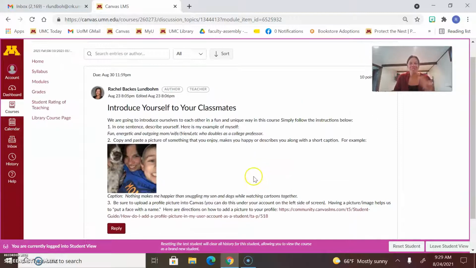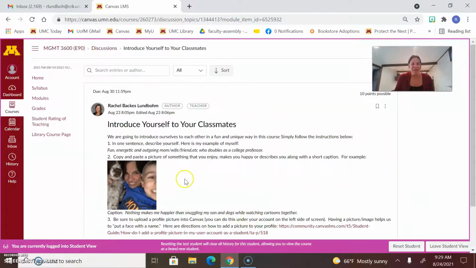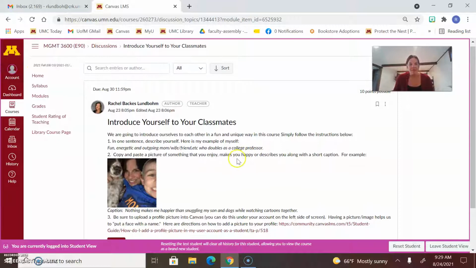All right, so please do that and then read your classmates' posts and respond. Feel free to add anything else you want us to know about you. It's just a fun way to get to know each other, and I love the pictures. It really helps me to resonate with you. I also ask that you post a picture of yourself here. This also helps to develop a sense of community and get to know each other. You can do that by going to the settings, your account here on the side. I think I also posted directions somewhere on the site for how to do that.